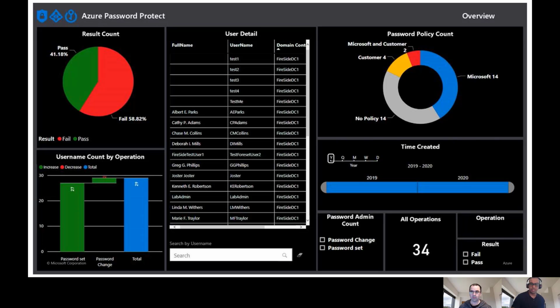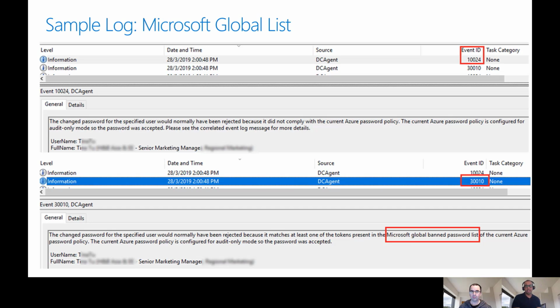Now, we did this using just events, but I shared this with one of my customers, and he found an innovative way of doing it. They use a third-party monitoring solution, and they captured the same events and built a nicer dashboard in the monitoring system they had. And I realized you could do this through SCOM also. SCOM has the ability to collect events, and you could build a dashboard in SCOM as well.